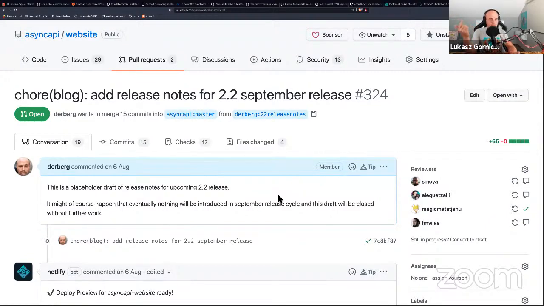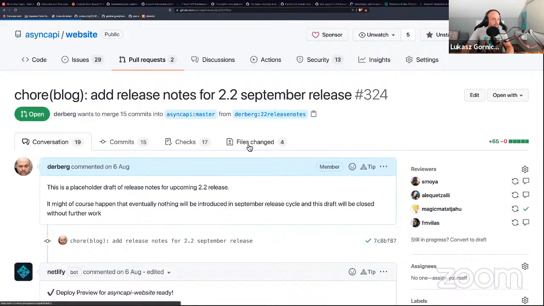So we basically don't do waterfall, and whenever we see something that can already be added to the release notes, we just add it. We don't wait with it until the last day. Not like I did this time. We have release notes,